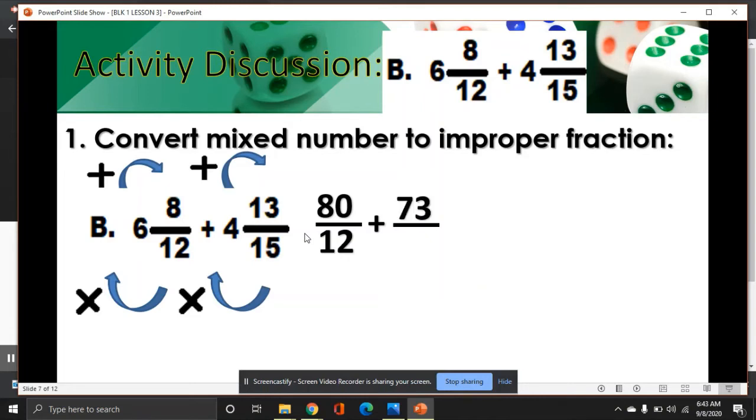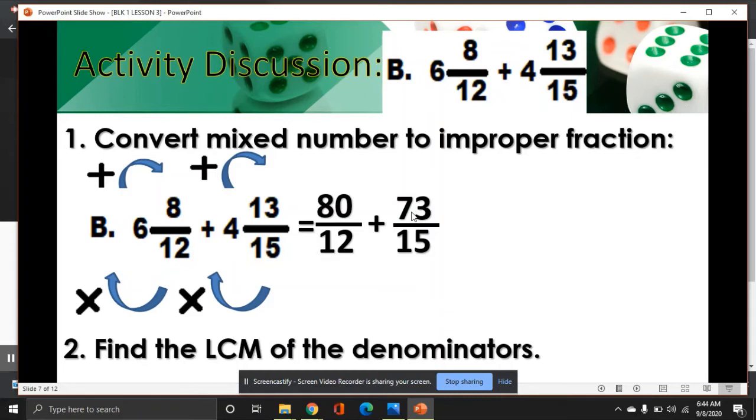So we got 73 and copy the denominator. As you can see, the converted mixed numbers to improper fractions are unlike fractions because they have different denominators, which are 12 and 15. So what will we do when we are adding unlike fractions? The first thing we do when we have unlike fractions is find the least common multiple